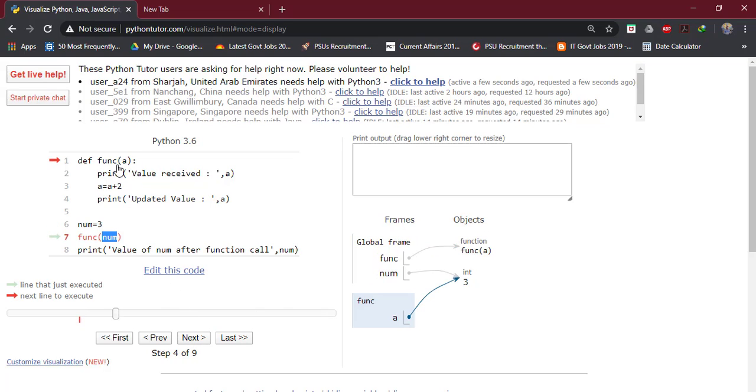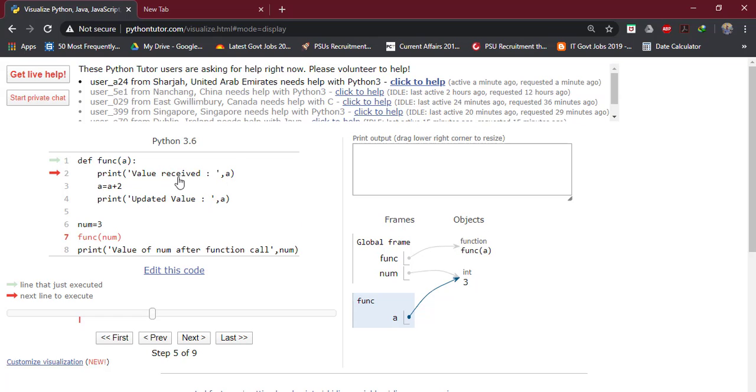Now this value will be received in a variable a. As you can see, a is pointing to the same memory as num is pointing to. A will be created in the local scope of function func. The next statement will be executed.